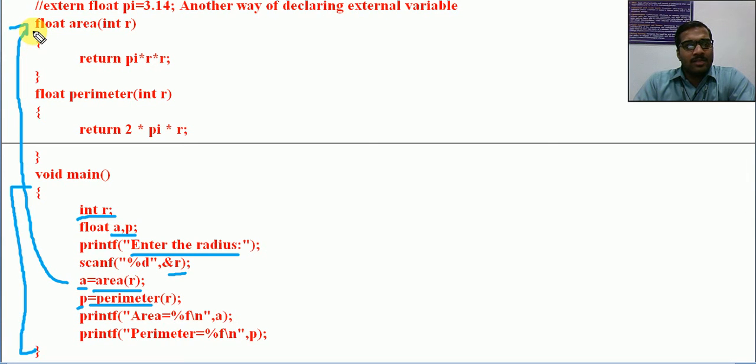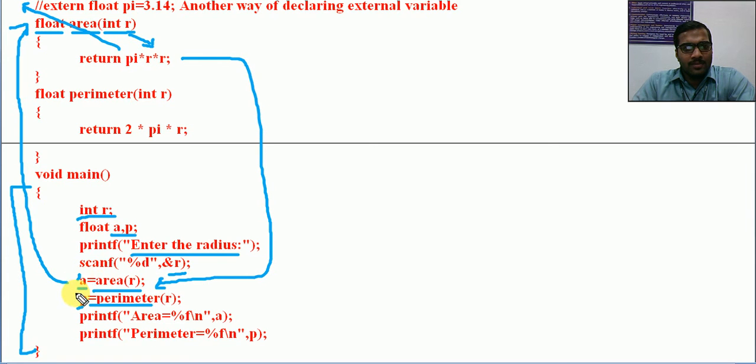This is the function. Its header is float area of int R. It's already a known fact. This is the place where we are getting this passed value, that is R. Inside this I am simply using return pi into R into R. So R will be taken from here. From where will this pi be taken? Pi is there in the global set of variables, so pi can be accessed. The only thing is this pi variable can be accessed inside this area function. That's all. Then this value will be returned, so this calculation will be returned into this area. That means the value will be assigned to the variable A.